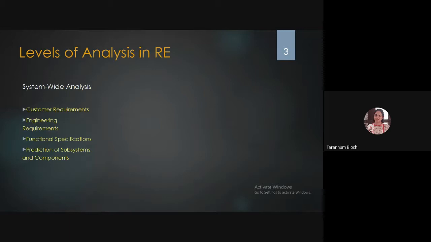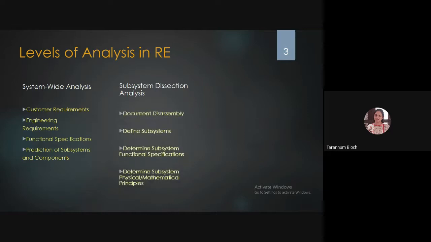So functional specification and prediction of subsystem components, we can get it from the system-wide analysis. And I guess in most of the software systems, we are going to do that. As well, you can go with the subsystem dissection analysis, right? Which is document assembly, defining subsystem function specification, determine subsystem physical or mathematical principles.